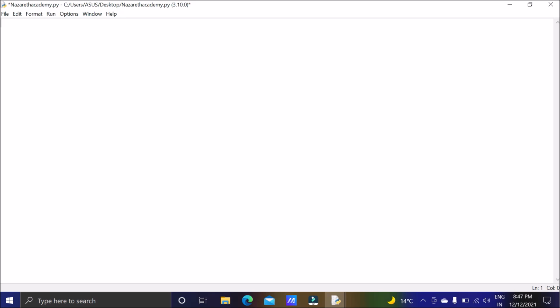Now suppose sometimes we take some value from the user, and after taking the value from the user, we want to print it. So we will first create a variable. Suppose y is the variable, and in this variable I want to take some input from the user.